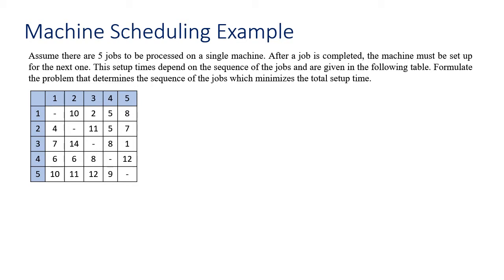In this problem we are given 5 jobs, and these jobs must be processed on a single machine. Assume that this is our machine. So there are jobs 1, 2, 3, 4, 5, and these jobs will be loaded on the machine one by one, and they will be processed, and after that the next one will be loaded. And the processing time of the jobs on the machines is not important to us for this example, but what is important is this. When a job is completed, before the next one can be loaded on the machine must be set up. And this setup time